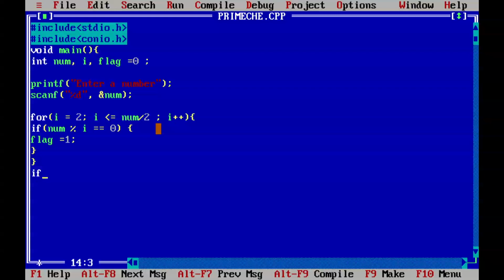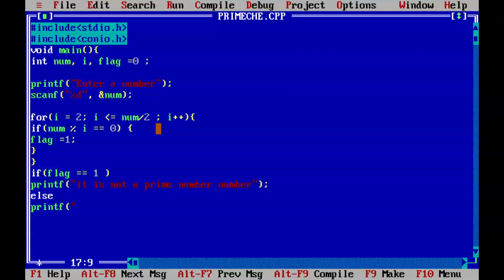So if flag is equal to 1, then we'll say printf, it is not a prime number. Simply else